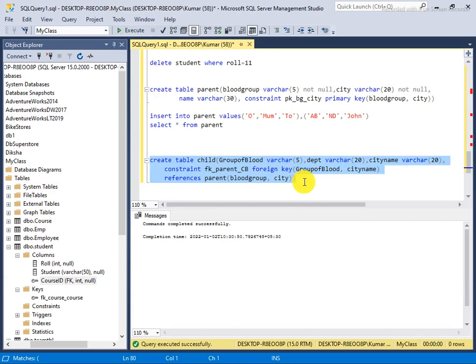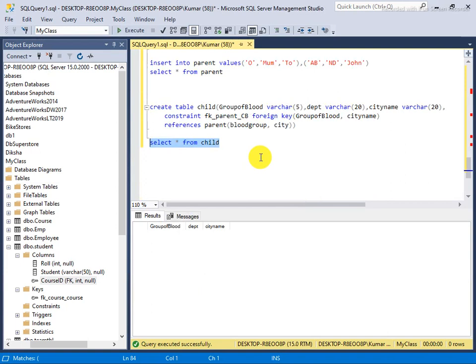Now the table has been successfully created. Now I will insert some entries. So this time I do select star from child. Here I will try to make some entry, like insert into child values, O, and city equals Mumbai, then department equals HR.